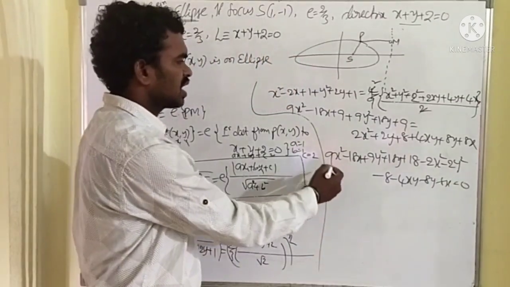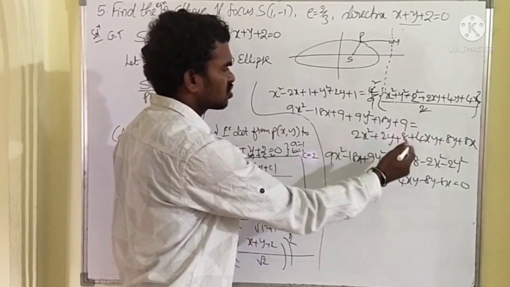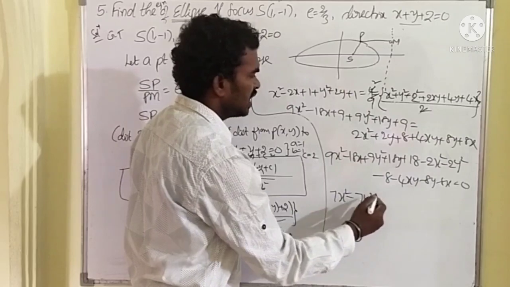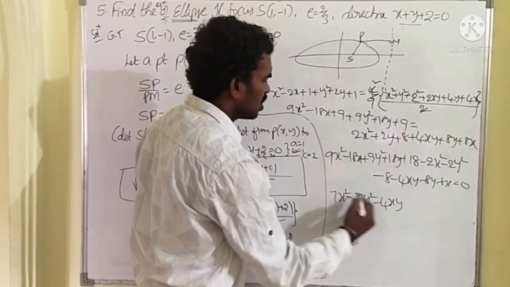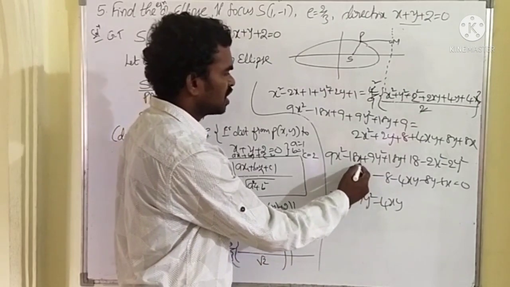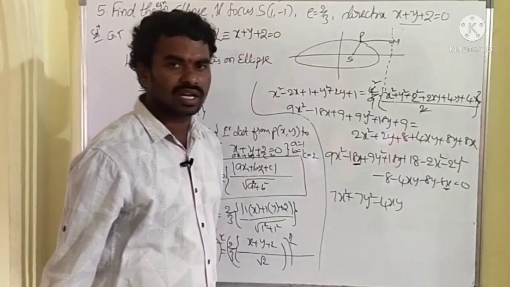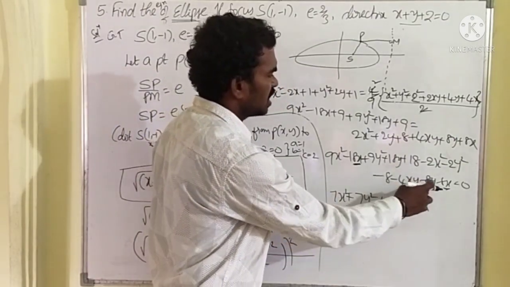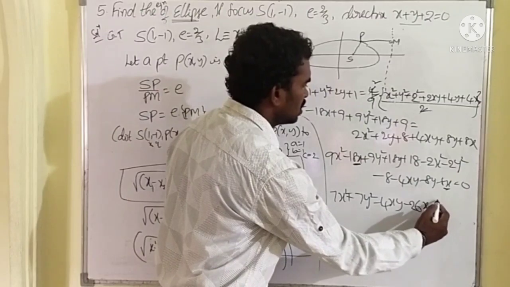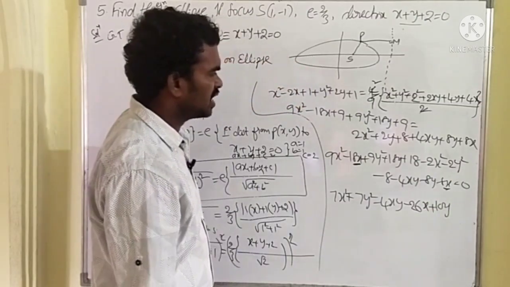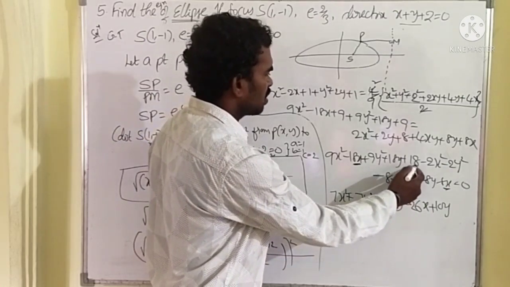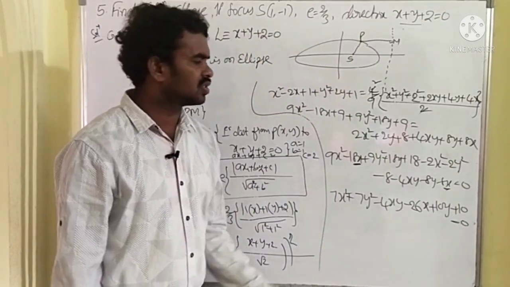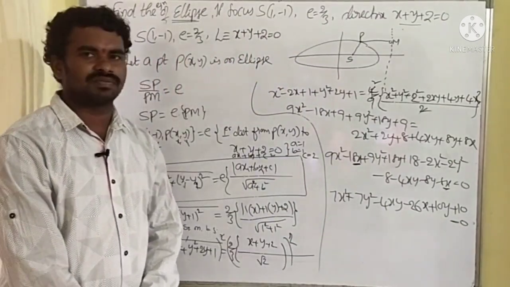Now see the x square terms, here 9 are there, here x square terms 2 are there. So 9x square minus 2x square is 7x square, and 9y square minus 2y square is 7y square. Then xy terms, minus 4xy. Then x terms, here minus 18x are there, here minus 8x are there, totally minus 26x. And y terms, here plus 18y are there, here minus 8y, so becomes plus 10y. Am I right? 18 minus 8, 10y. Next constant term, here plus 18, here minus 8, 18 minus 8 is plus 10, is equal to 0. So anything common? Nothing. So this is the answer of this question.